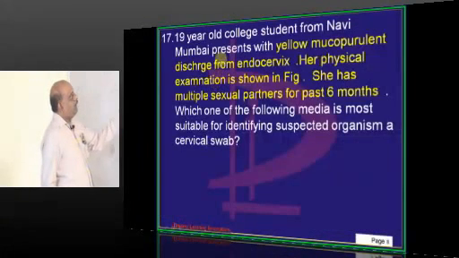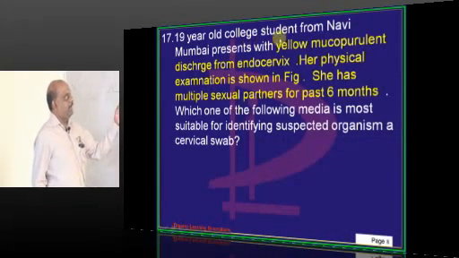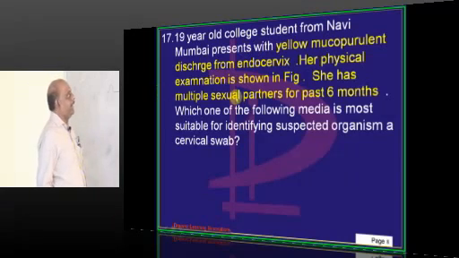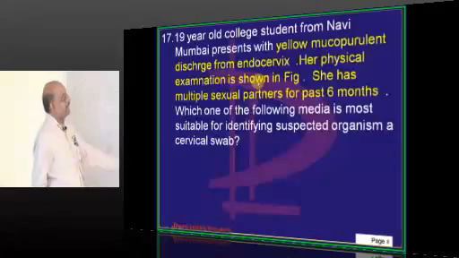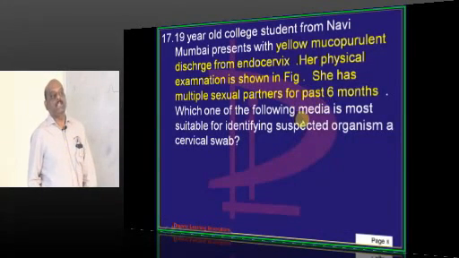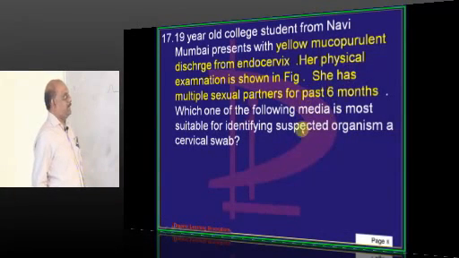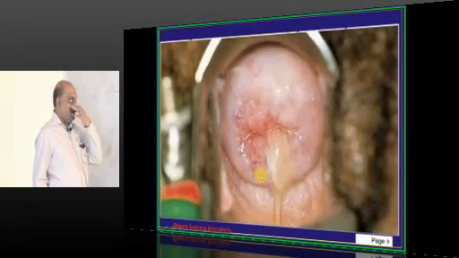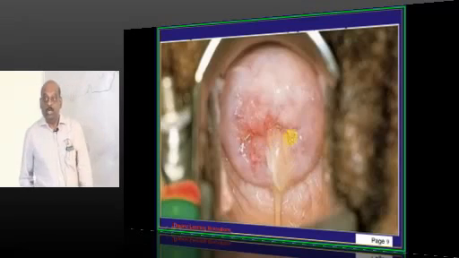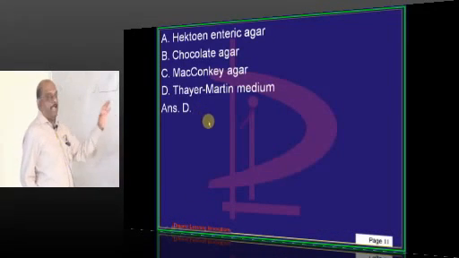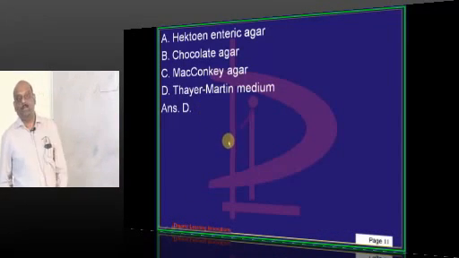A 19-year-old college girl from Navi Mumbai had a yellow mucopurulent discharge from the endocervix, and she has a history of multiple sexual partners for the past 6 months. So what is the possible diagnosis? Possible diagnosis is gonococcus. To discover it, it is the Thayer-Martin medium which is basically used